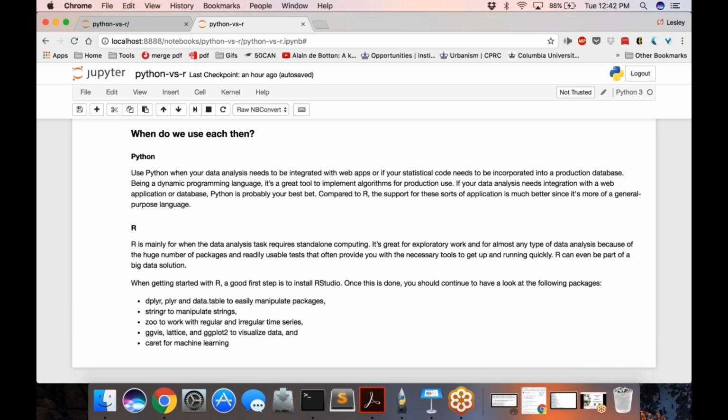Zoo is useful for time series, and time series is really just analysis and trend exploration of data that involves some sort of time component. ggvis and ggplot2 are very useful for visualization, and then caret is useful for machine learning.